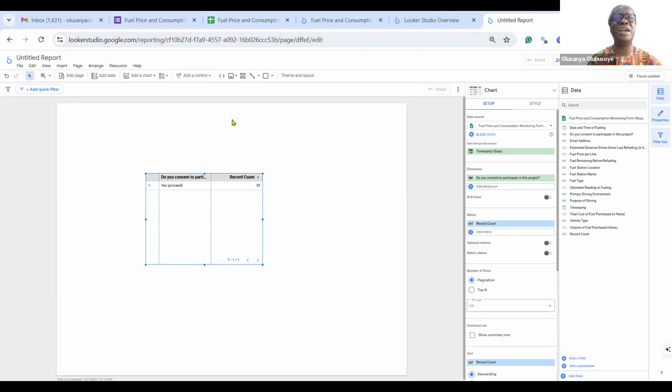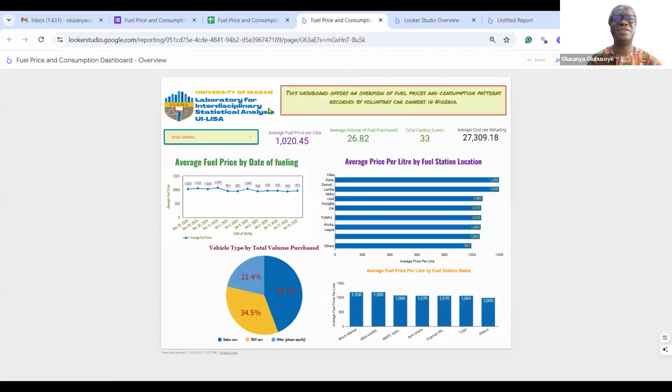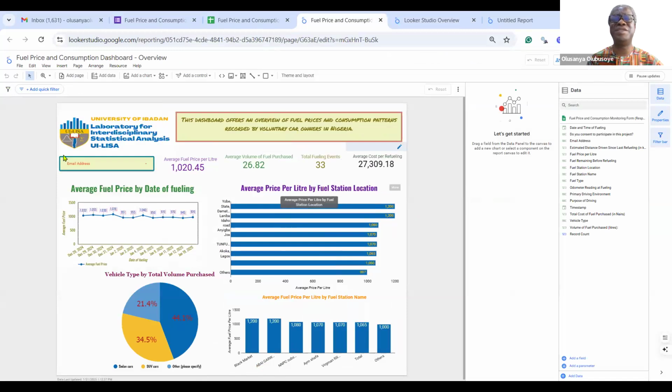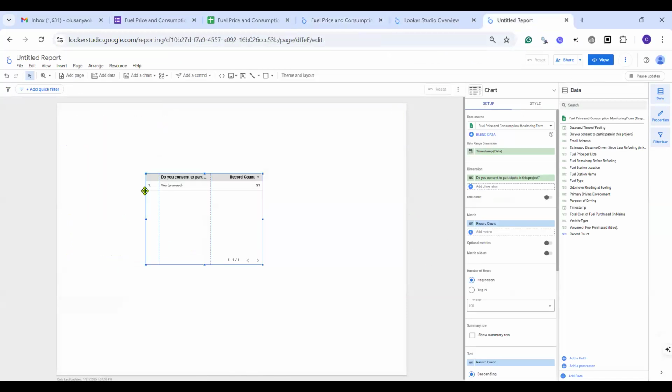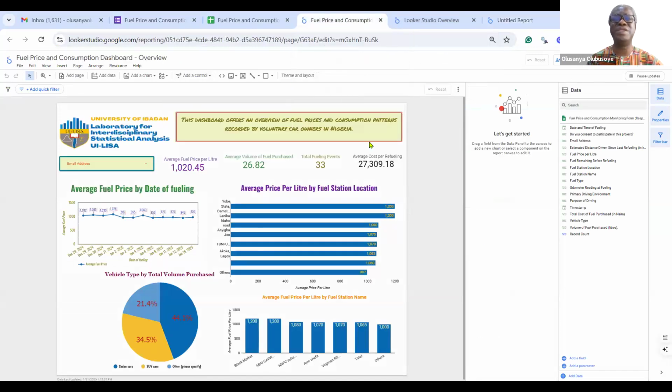I'm going to show you the interface for the one already built. This is the one that we are trying to build, but because we don't have time, I'm only going to demonstrate with the one already built. So this is the interface.